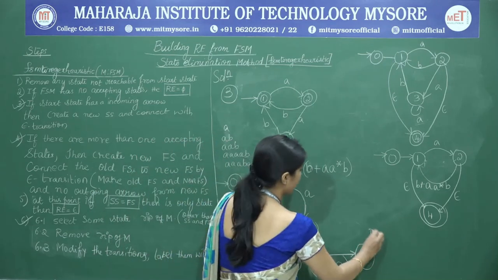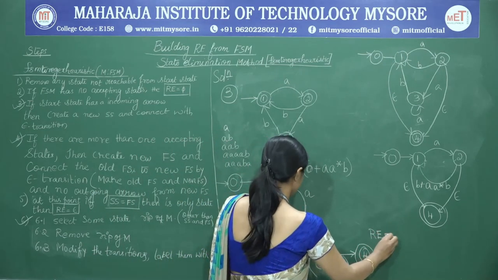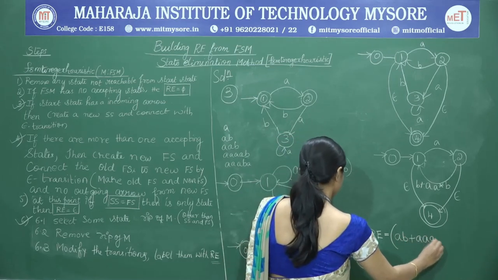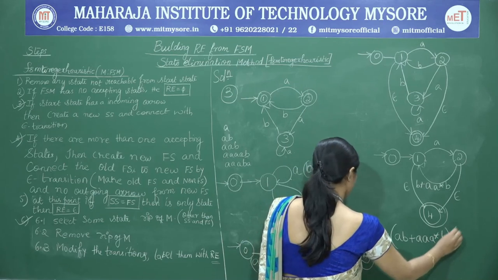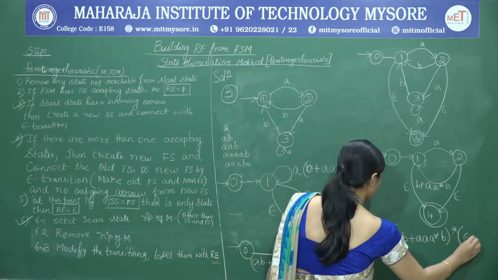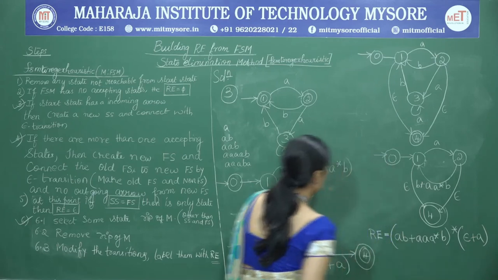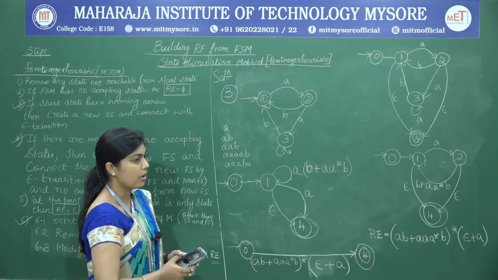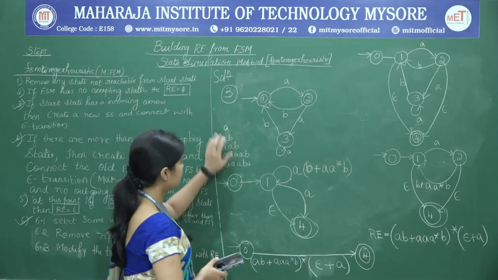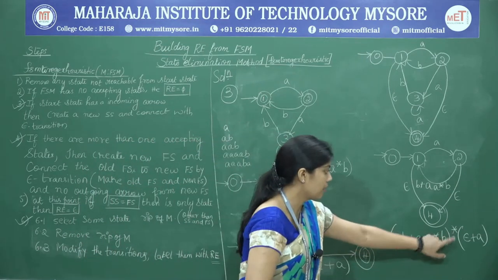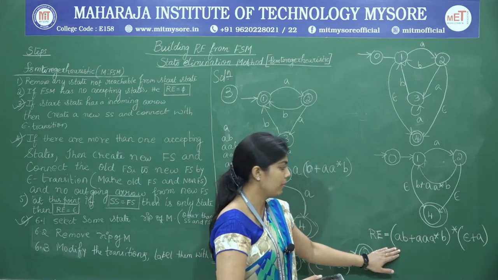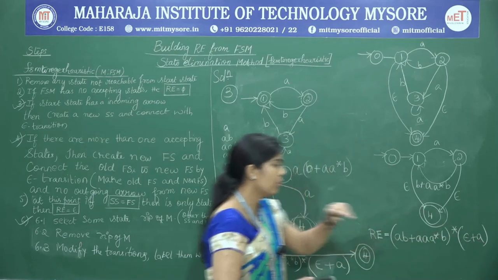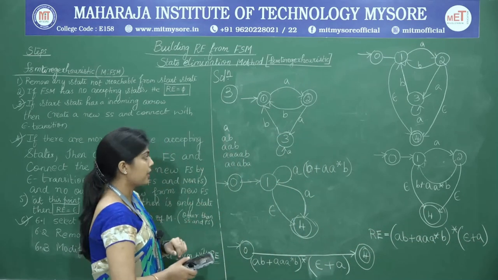Therefore, the final regular expression is AB plus AAA star B whole star, epsilon or A. We will see if the strings that we have written here can be accepted or not by this expression. The first one is just A. There is a star here, so this entire expression can be eliminated, and between epsilon or A, I am going to choose A. Therefore RE equal to A will be accepted.